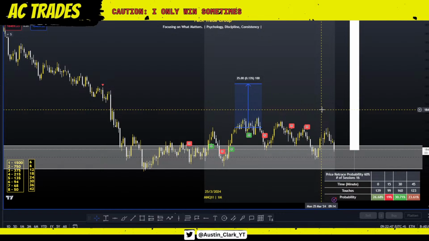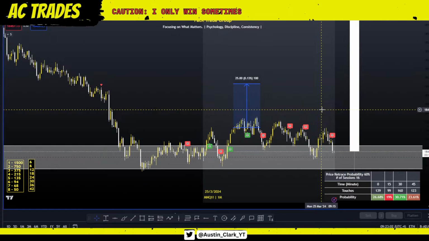It is making lower highs. Do I still think it's bullish? I never said it's bullish. I take trades. I don't take biases. I'm not going to be like, oh, we're looking bullish today, we're looking bearish. I'm not a weatherman. I'm a trader. I don't give you guys forecasts or outlooks. I show you entries because I'm a trader. I'm not a weatherman.